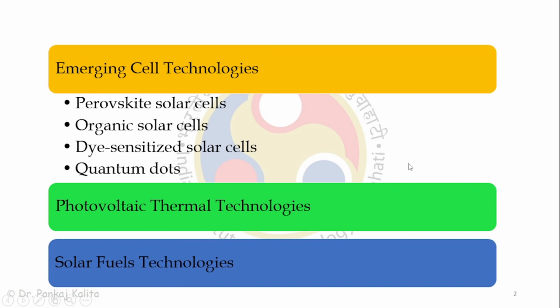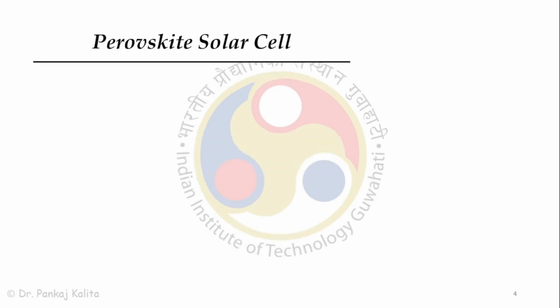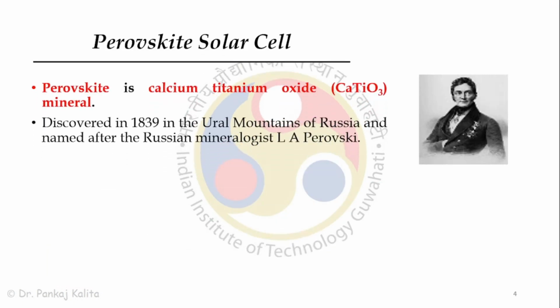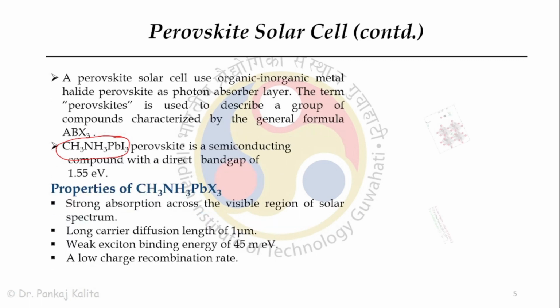Basically, there has been discussion about emerging cell technologies like perovskite cell, organic cell, and dye sensitized cell. Then we have photovoltaic thermal technologies also, and then solar fuel technologies. So basically this is a kind of recap slide. Perovskite cell, you remember. This is the formula of perovskite,